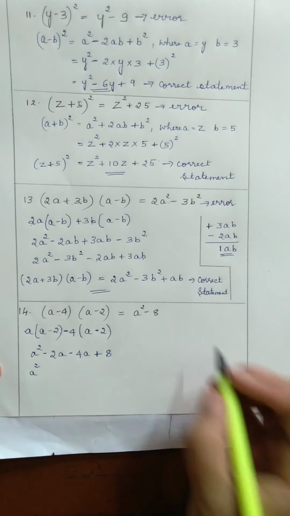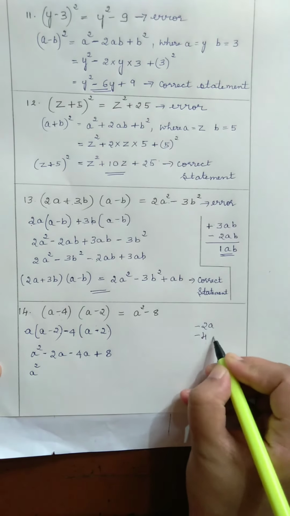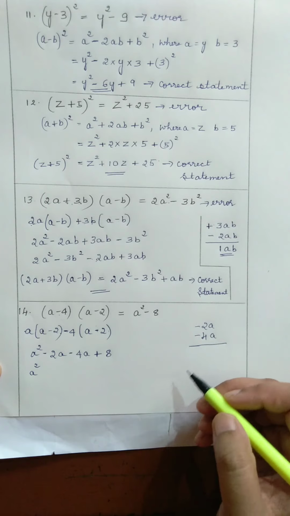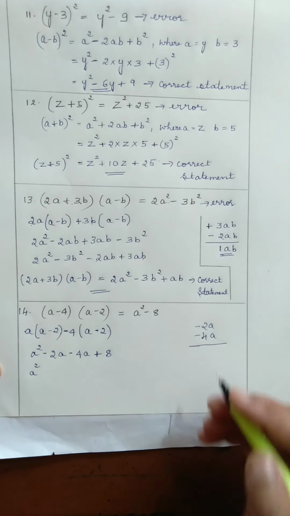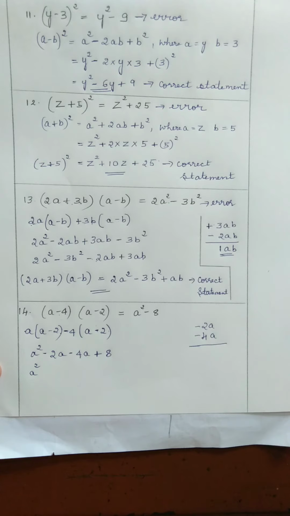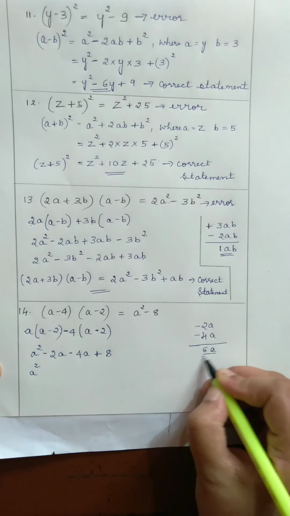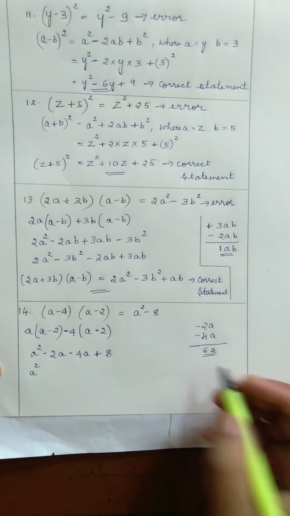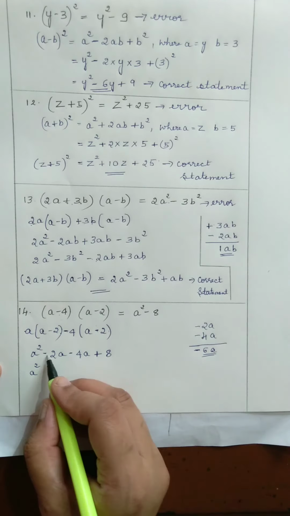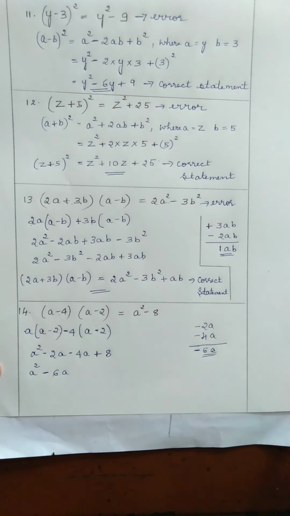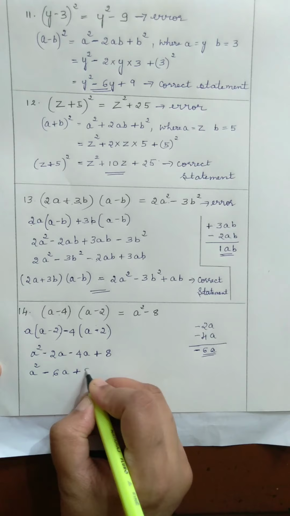So, we know that minus 2a minus 4a, we have the same variable a, and the same sign, here we have minus 2 and minus 4. So, when we have the same sign, that is minus and minus, we need to perform addition. Therefore, it is a, 4 plus 2, 6a. But even though we add, the sign should be negative. Therefore, minus 2a minus 4a will be equal to minus 6a. We have the same sign, add the two terms, write the symbol minus. Then it is plus 8.